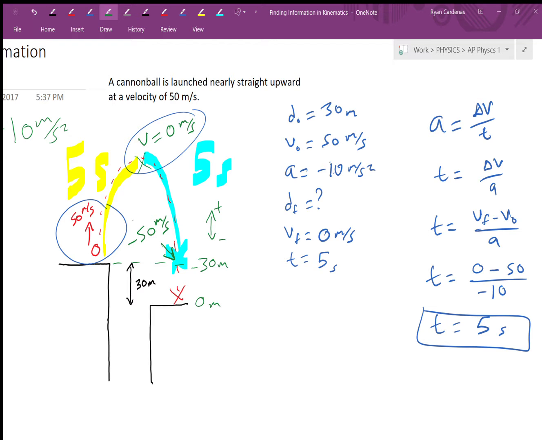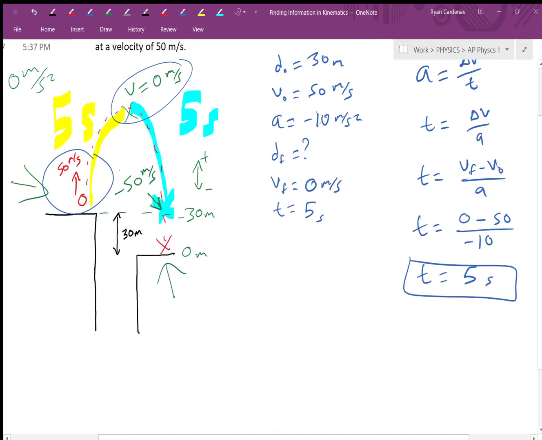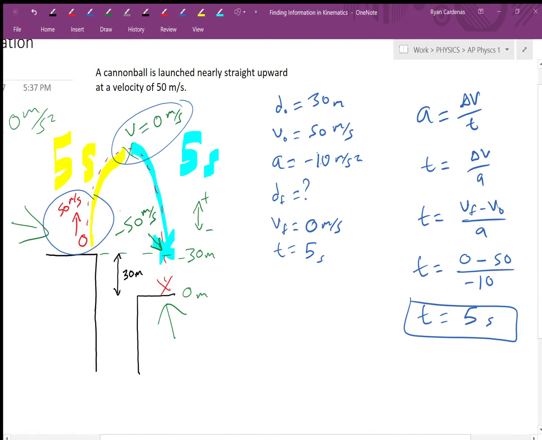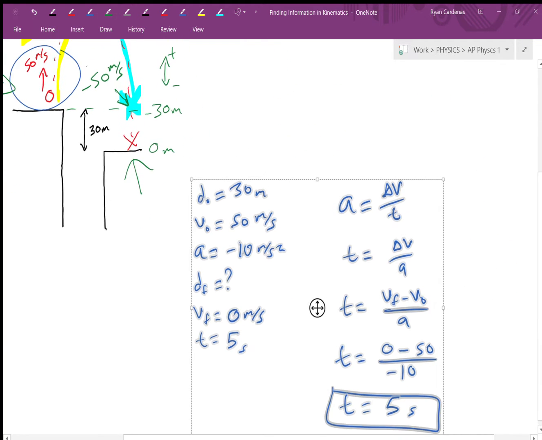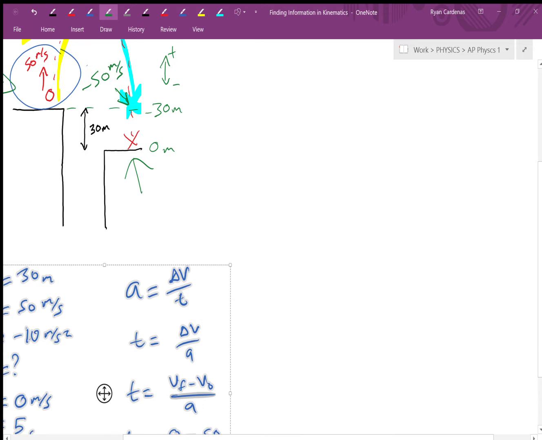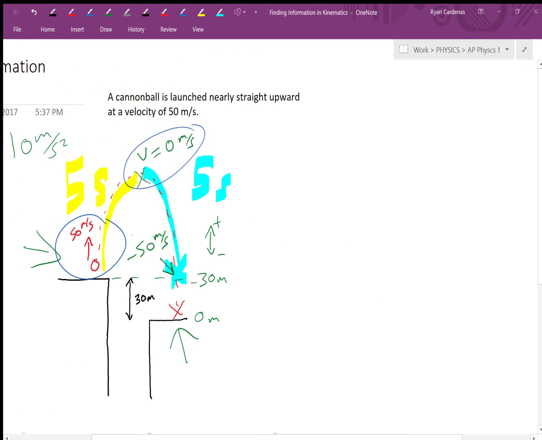Well, I suppose I could go ahead and find the total time for the whole thing, you know, to go from the top of the cliff here to the top of the other cliff over here. So I'm going to solve that. Where's a good place? I'm going to move this out of the way, and just kind of move that down here. Get that out of the way. All right, cool. So going back up here. Now I'm going to try to find the total time that this thing is in the